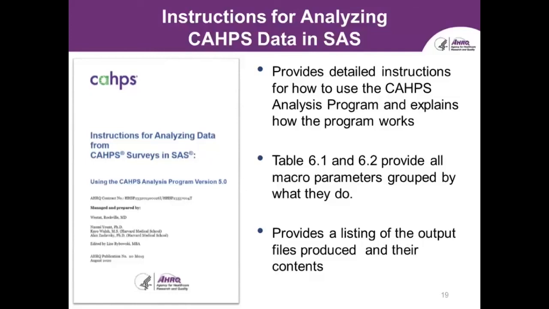Then also added was a list of the output files. I just want to give a heads up for those who haven't used it. When you're running that simple code with those 6 required statements, you don't get one SAS data set with all of your responses. You actually get 6 SAS data sets. That's because some of them will give you the flags of the entities that have less than 100. It'll give you your scores overall, like the average across all entities, and then it'll give you your scores for each entity. So they break it up into different output files.